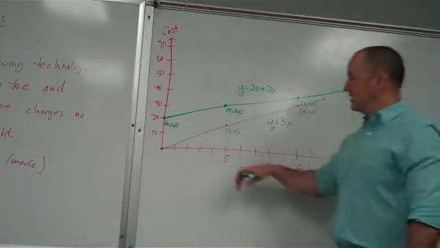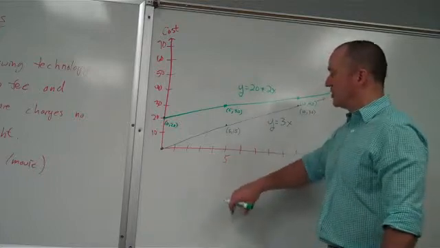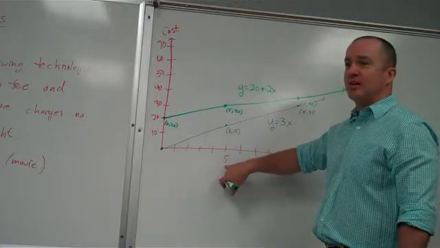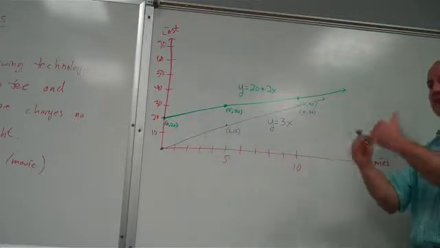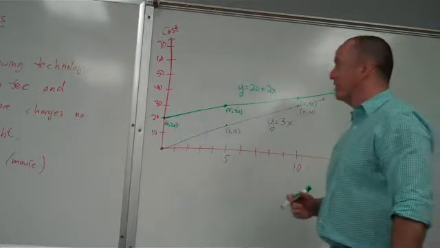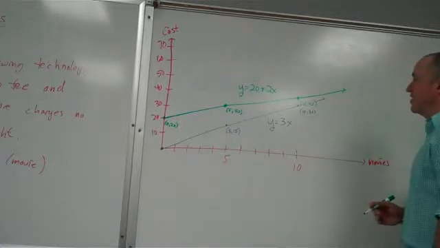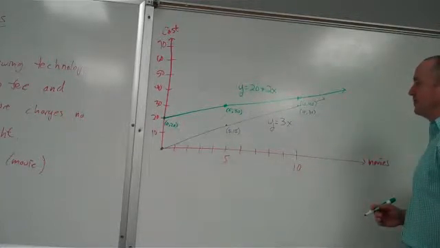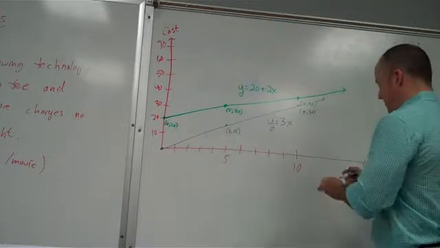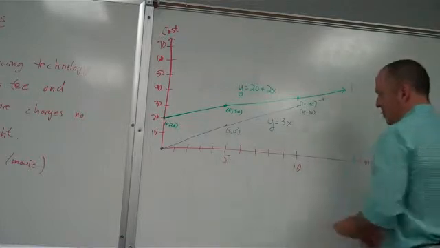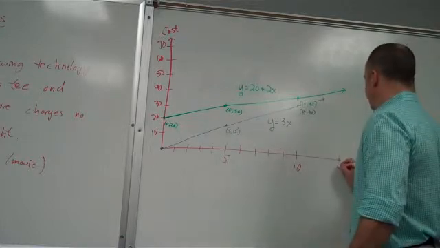I picked that you're going to a video rental store. At some point, you're going to rent 5 movies. Maybe it'll take you a couple weeks. You'll rent 10 a couple weeks later. I just picked points. It's like filling in a table in Algebra 1 when you graph a line. Okay, who thinks they know where these lines will meet? If I had to guess, I'd say 45. Let's keep guessing by 5s and see what happens. So at 15 movies,